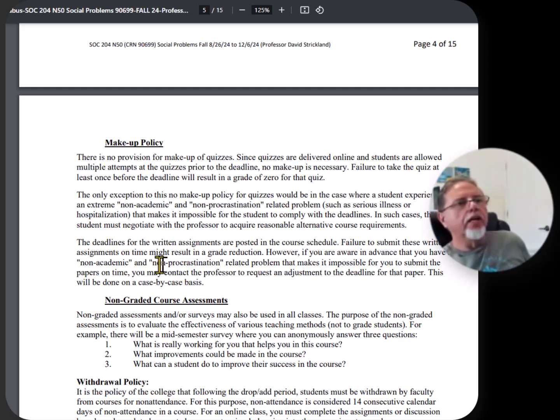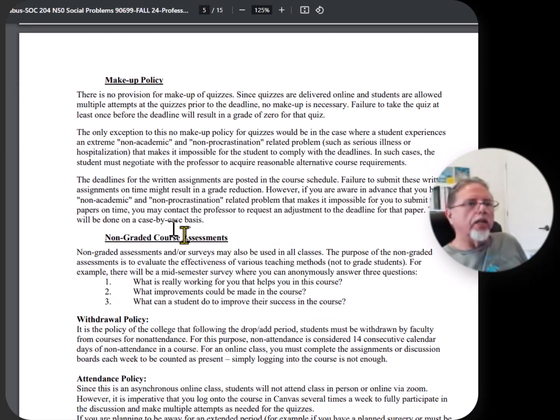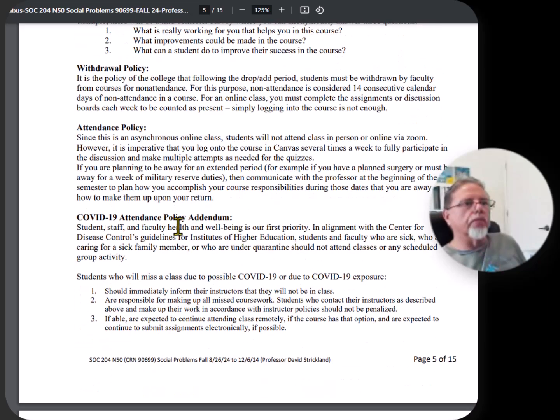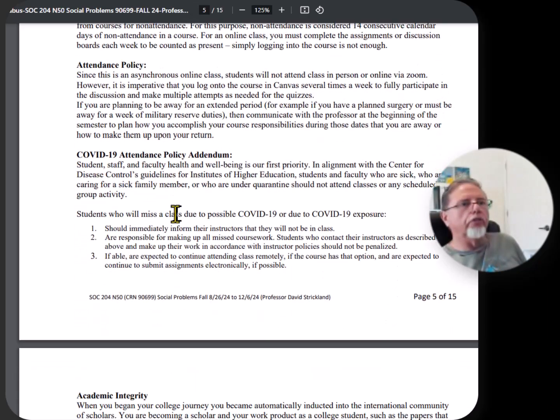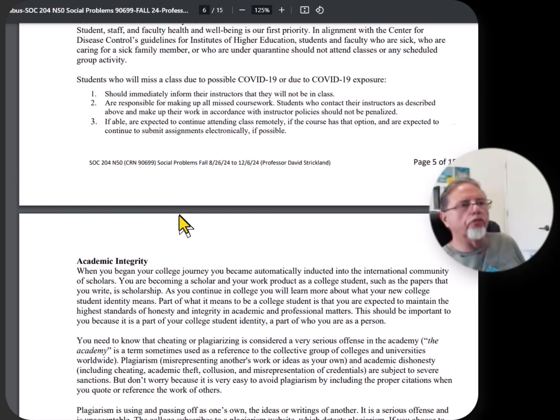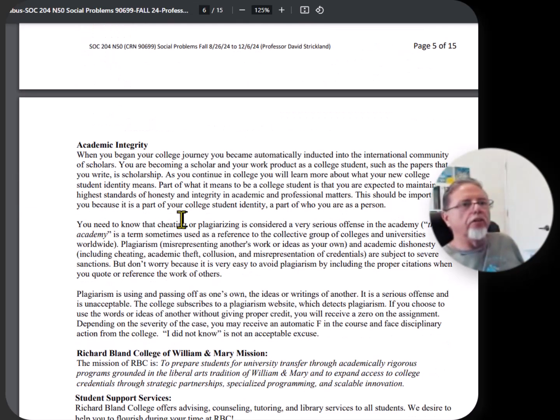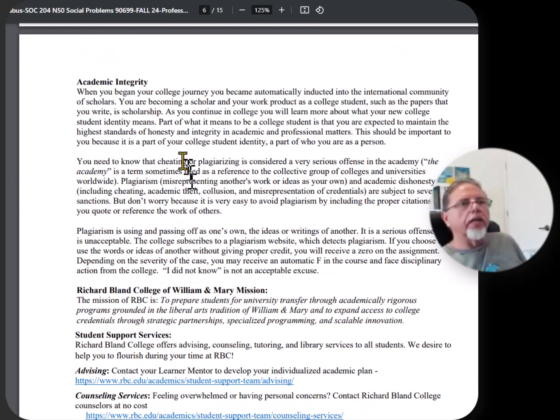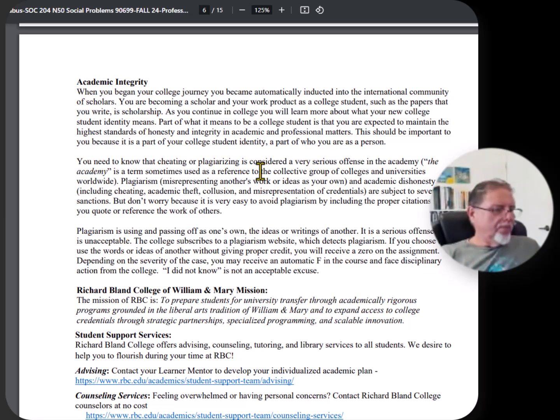All right. So then there's some other policy issues that the university wants you to know and that you may need to look at. Academic integrity is very important, especially when you're writing a paper. But it's very, very easy to maintain academic integrity, okay? It's very easy to be honest. It's very easy to do your own work and to tell the truth. It really is. Now, you might be thinking, well,